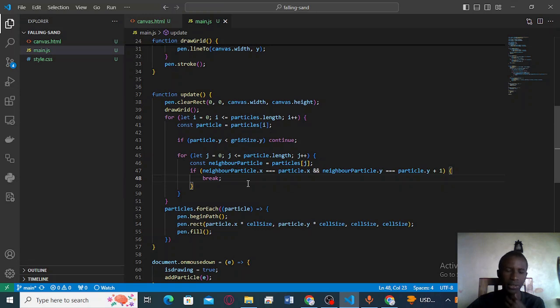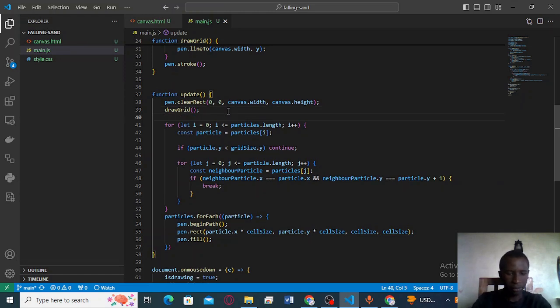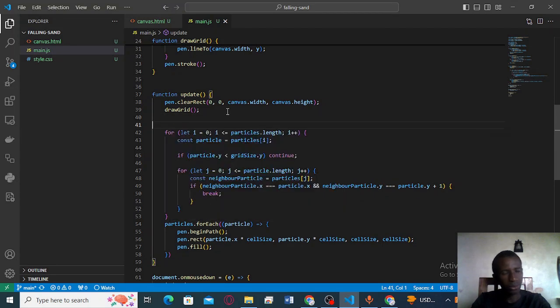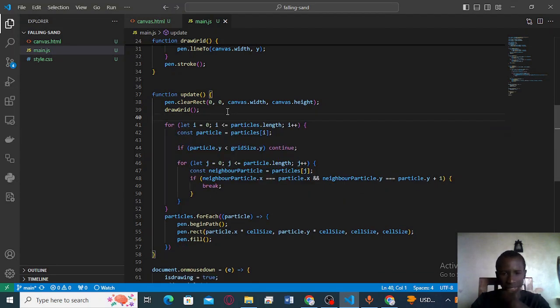I'm trying to think here. Okay, let's create another array up here, and let's call it updated particles. No, that's something else. I'm trying to see here if the neighbor's x particle is equal to this, and the neighbor's y particle is equal to, if this particle is at the bottom of the current particle, then